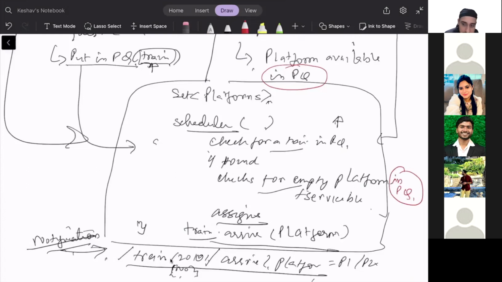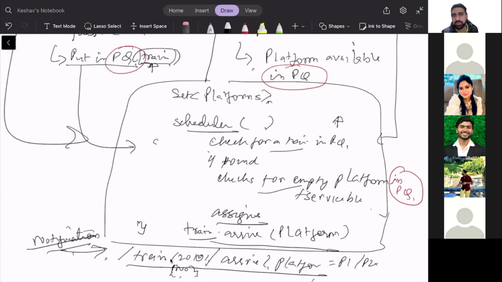How are we accounting for the delays? If we want to extend, if there is a question now, we want to count here for the delays of the train. Delays. If the train is delayed, how will we manage that? When the train arrives at the station, it will give you that request for a platform. Of course, it will have its own departure and the actual arrival time and all those things, and you can take that into consideration in your priority queue. Whatever you form in the priority queue's logic,